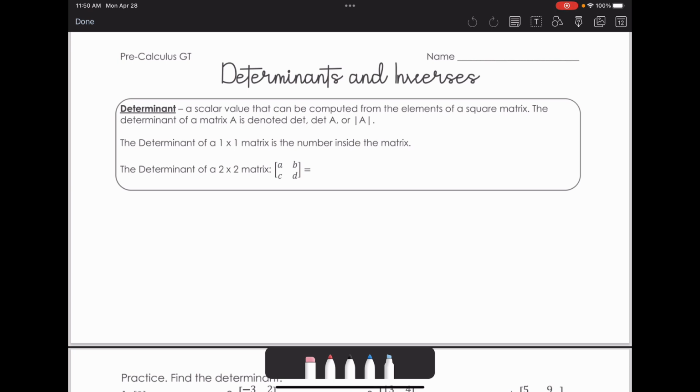The determinant is denoted by DET, determinant of A, or these vertical lines that look like the absolute value symbol, but that just means the determinant of matrix A. The determinant of a 1x1 matrix is just the number that's inside the matrix. And the determinant of a 2x2 matrix is